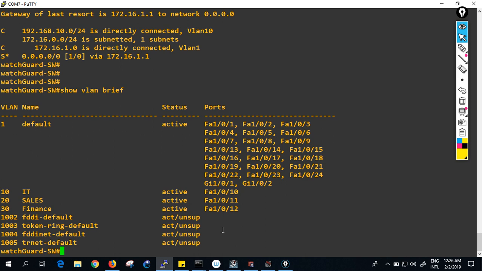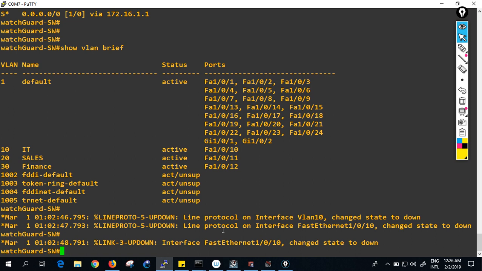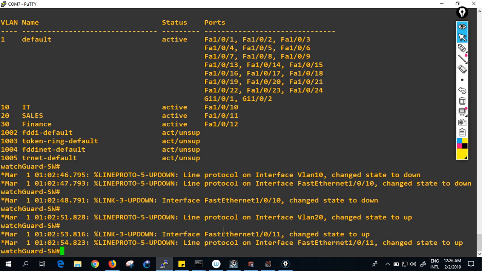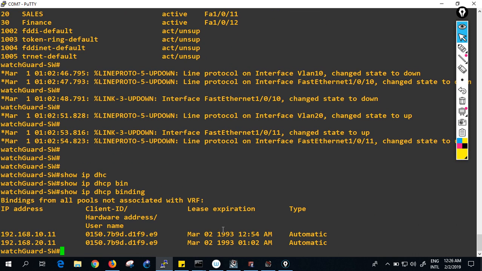Okay, so far I just want to disconnect. I want to use the same computer. Then let's go and check it now. See, port number 10 is down. So yes, port number 11 is up. So I have to get the IP address first through my DHCP server. Then after that I need to verify it. How? Show IP DHCP binding. So right now if you see here, I got the IP address from VLAN number 20, but still I am